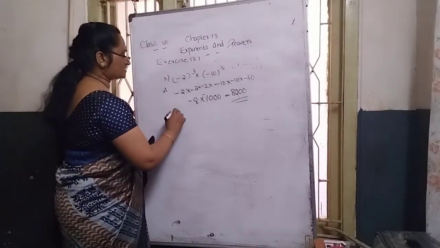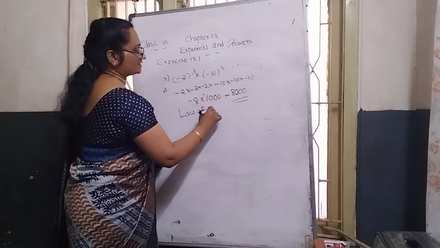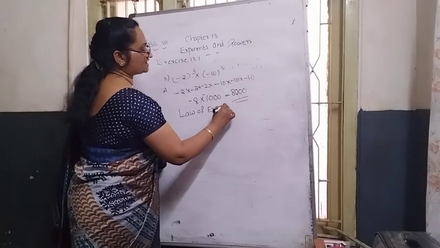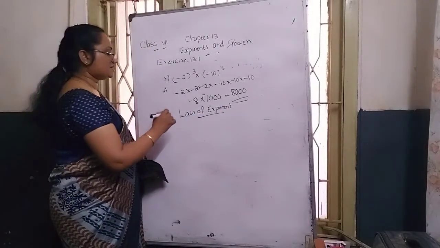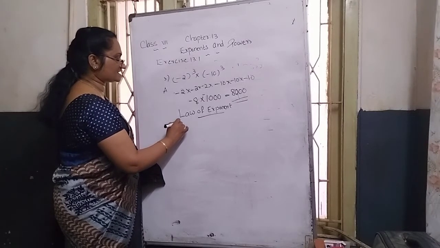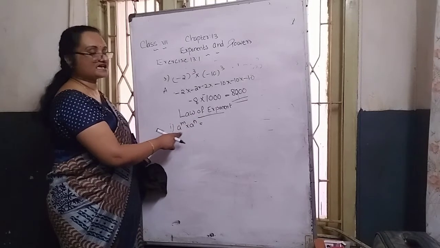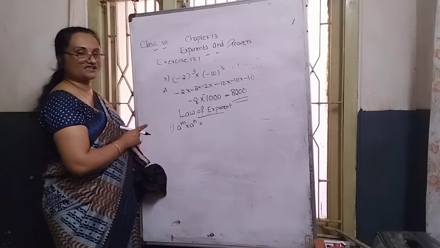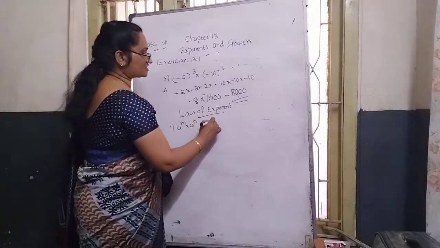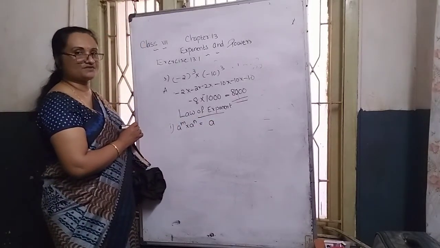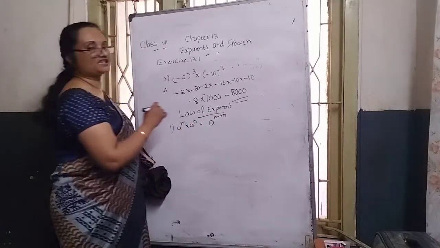Then next, also try to learn the laws of exponent. Laws of exponent, 7 rules are there. Those rules must and should be learned by heart. Laws of exponent case: a raised to m into a raised to n. That means the bases are the same but the powers are different. m and n are the powers. That time, write the same base one time, and the powers are added. In which case? Multiplication case.